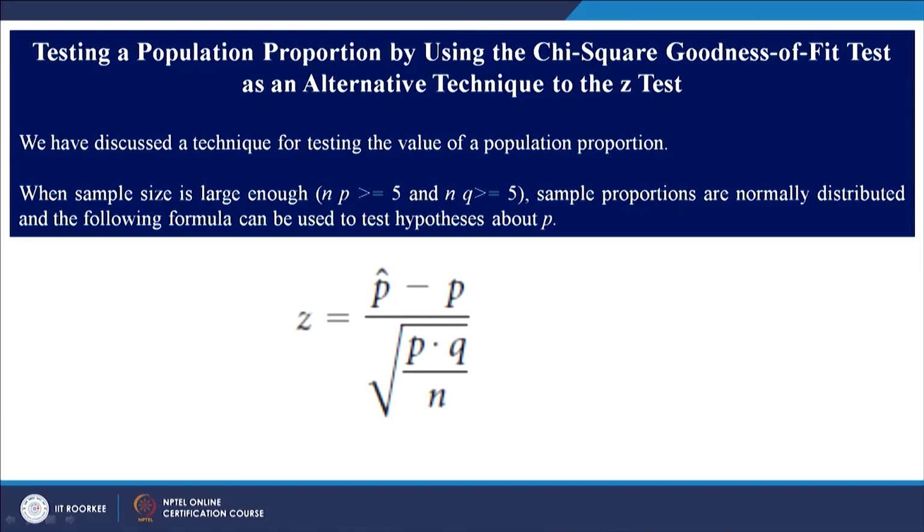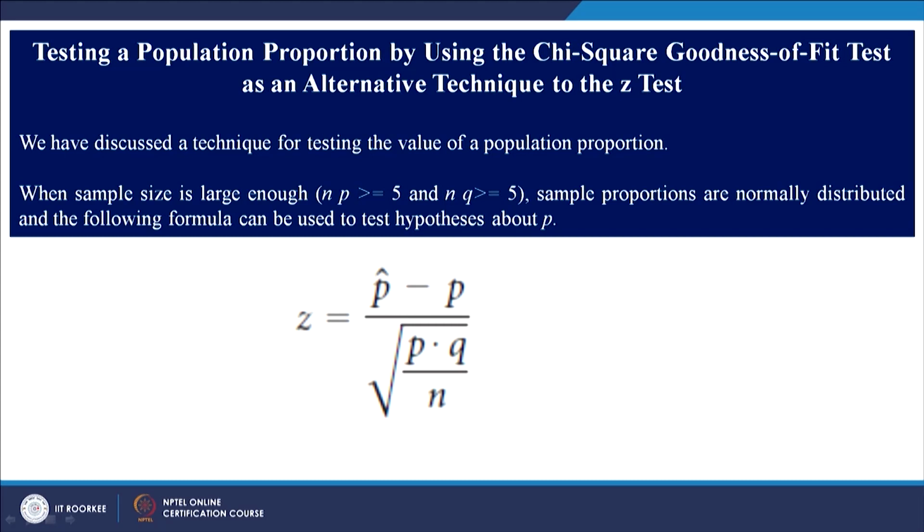Let us look at some other applications of chi-square goodness of fit. It can be used for testing proportions, hypothesis testing of proportion of one sample, two samples or more than two samples. So, let us look at how this technique can be used instead of a z-test. Before that, let me give you a brief theory about this technique, wherein we are using the goodness of fit test in place of the z-test.